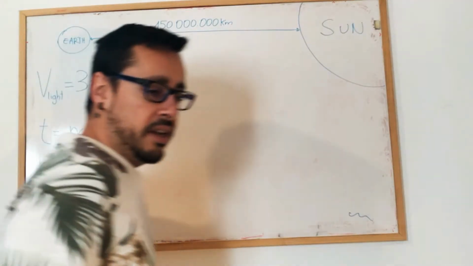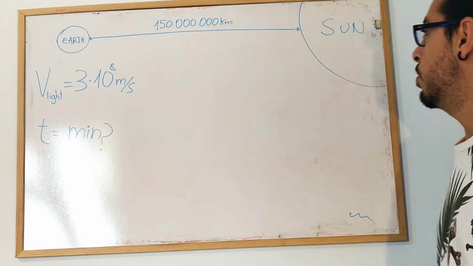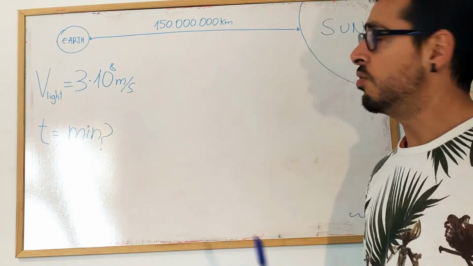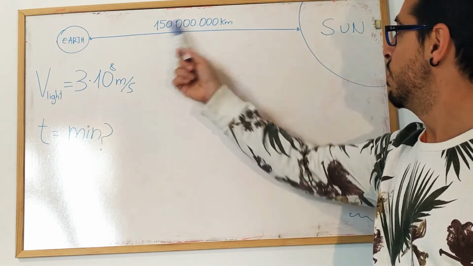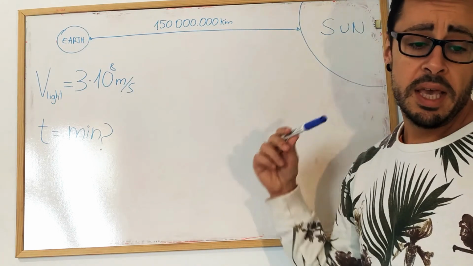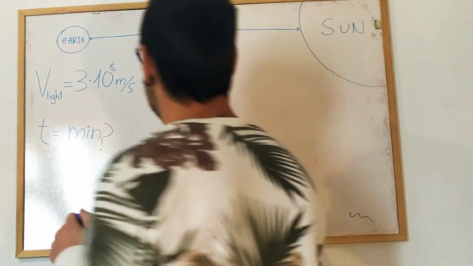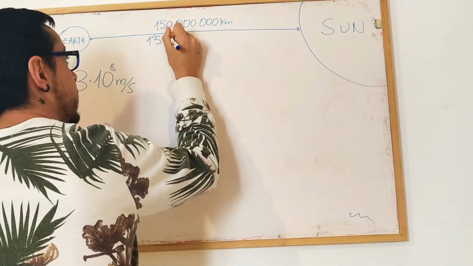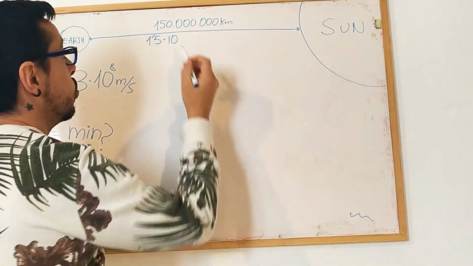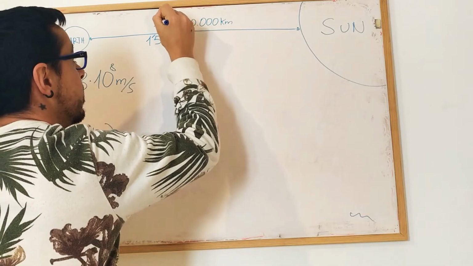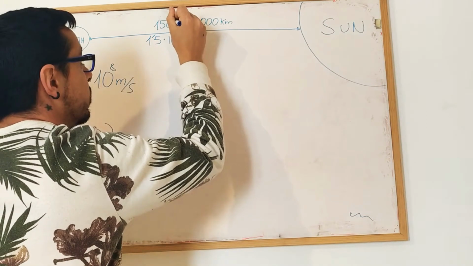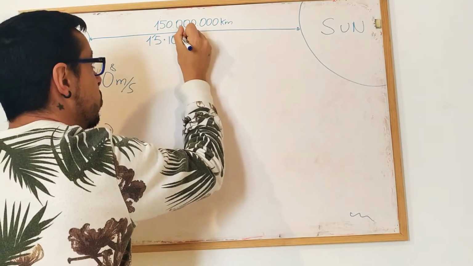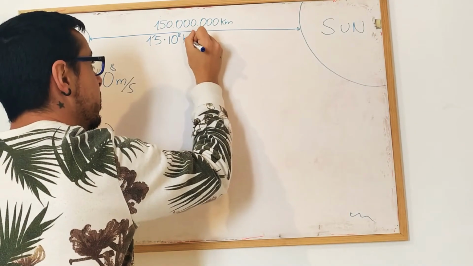I'm going to correct exercise 2 in your paper, okay? It says that the sun is 150 million kilometers away from the Earth, okay? Which is the same as saying that it is 1.5 times 10 raised to, the comma is here, okay? It's going to be 1, 2, 3, 4, 5, 6, 7, 8, raised to 8 kilometers, okay,